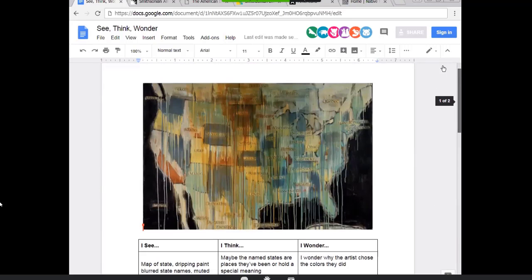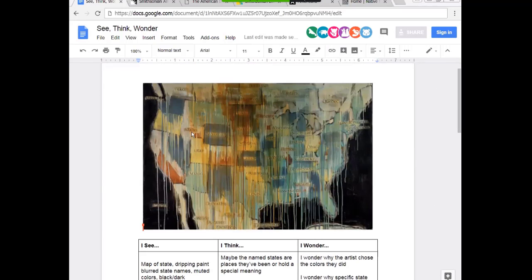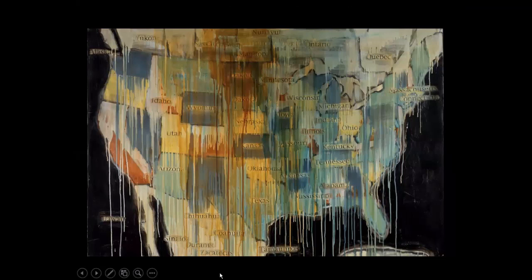Let's go back to the main image in the PowerPoint, Anne. So I'm just going to share a little bit of background information on this piece with you. I think we have, if you go forward, I think there's some information. So this painting is called State Names, and it's by an artist named Joan Quick-to-See Smith, and it was made in the year 2000. And Smith is a Native American artist. She is actually from Montana.